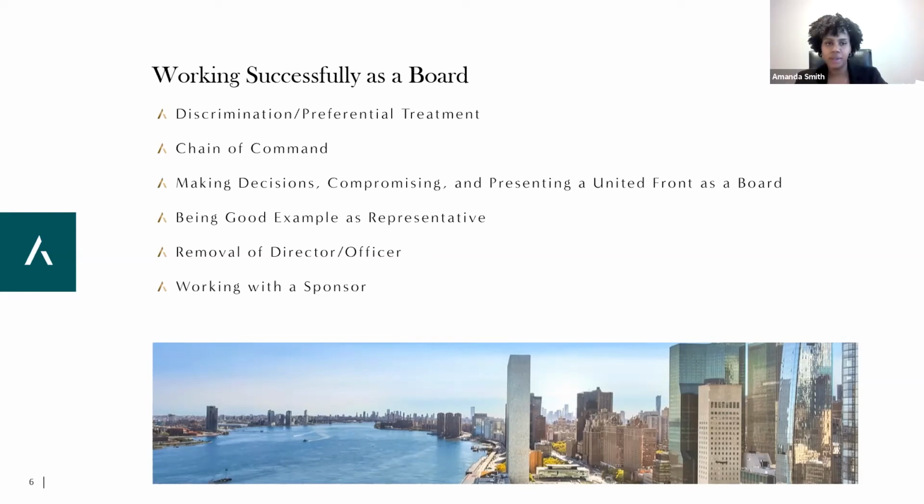Yeah. Okay, so now discrimination and preferential treatment. When we talk about discrimination, this can come up in many different ways. One of the things I like to remind my board is when you get those requests from a shareholder or unit owner asking you to approve something that is usually not allowed in the building, or you have a rule of a maximum of 5 years of subletting, and you allow someone that 6th year due to a circumstance.